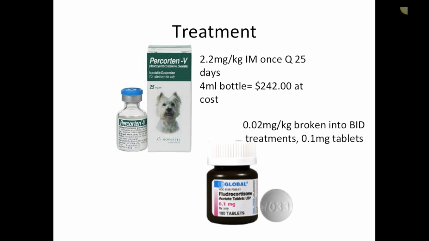So for this, it was within, I think, 6 months of treating the Addisons at high doses of steroids that Leia blew her cruciate ligament. So she blew one cruciate ligament. She had to have a TPLO performed on that leg, and then 6 months later, she blew the other cruciate ligament. So it's kind of like you get past one hurdle, and then there's another roadblock. So this dog was wonderful, but challenging.